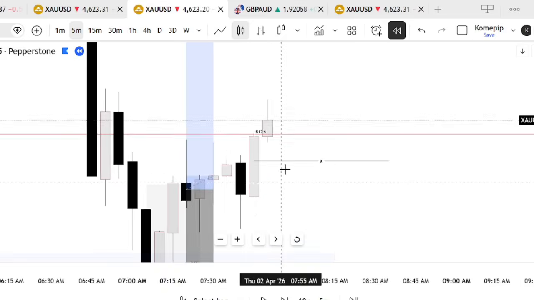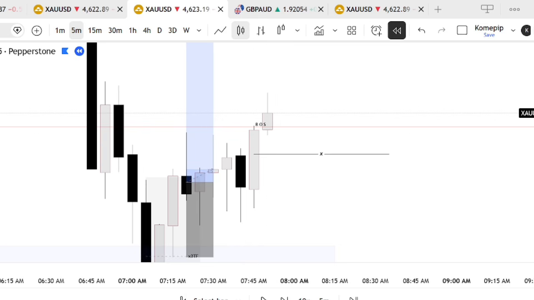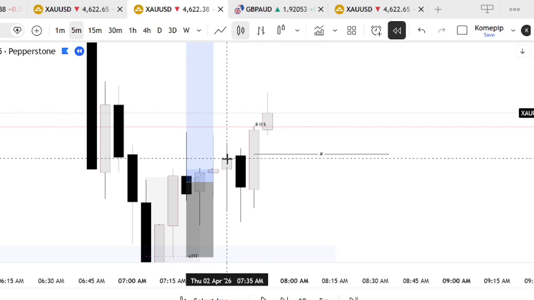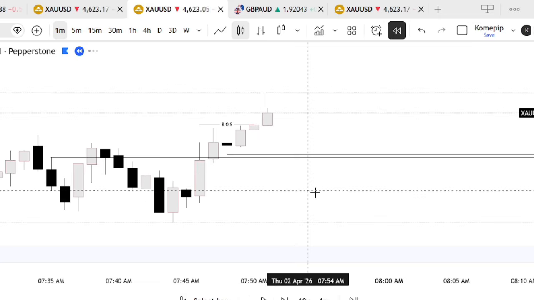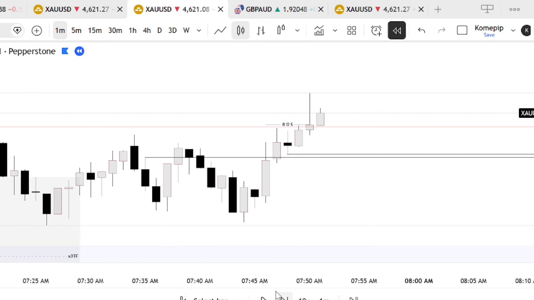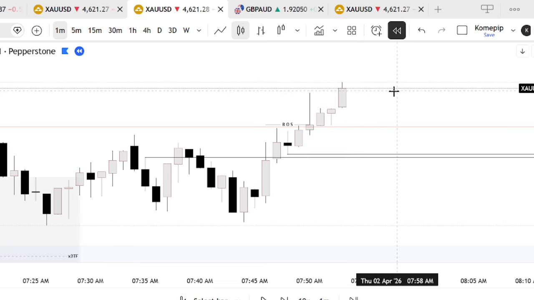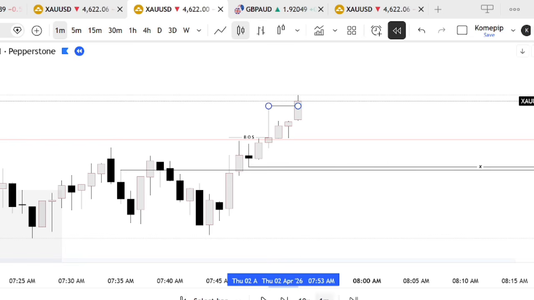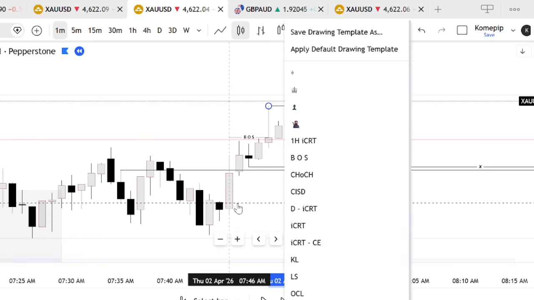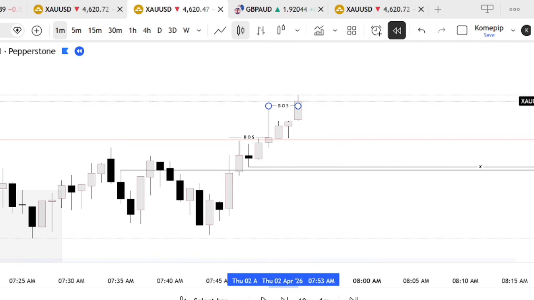Okay, so where do we look for one price to take that out, and maybe we look for buys here. So wait patiently and see what price will do. Now price decides to trade up and did what? Gave another break here. So that's a valid break, and in doing that price also left an inducement level leg